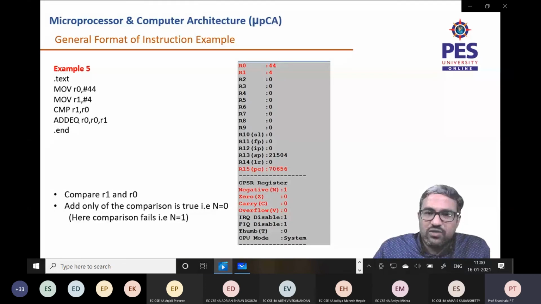Since it is not equal, you can see here the add operation is not executed. R0 and R1 remain the same, 44 and 4 here, right? So with that introduction to the program structure and the general format of the instruction,